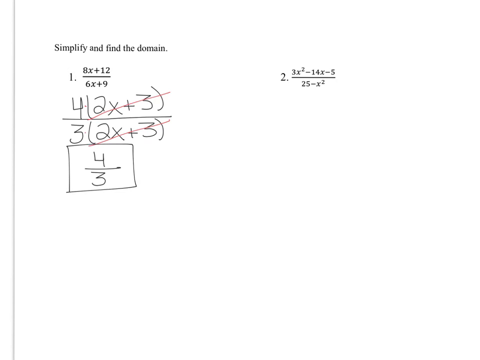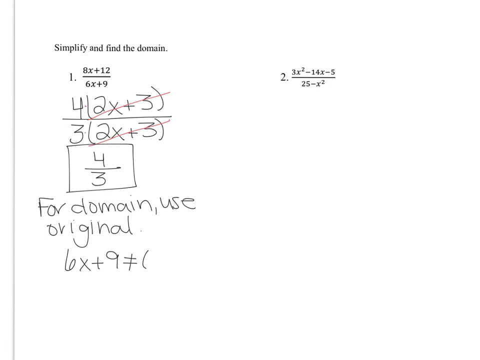Now, when it comes to domain, do not look to your reduced rational expression. Instead, go back to the original. So for domain, use original. Therefore, I'm going to look at our original problem, (8x plus 12) over (6x plus 9). And where my domain is restricted is in that denominator. I have to make sure that I am not dividing by 0. Therefore, I'm going to set 6x plus 9 not equal to 0, and then just solve that. I get 6x cannot equal -9, and x cannot equal -9/6, or better yet,